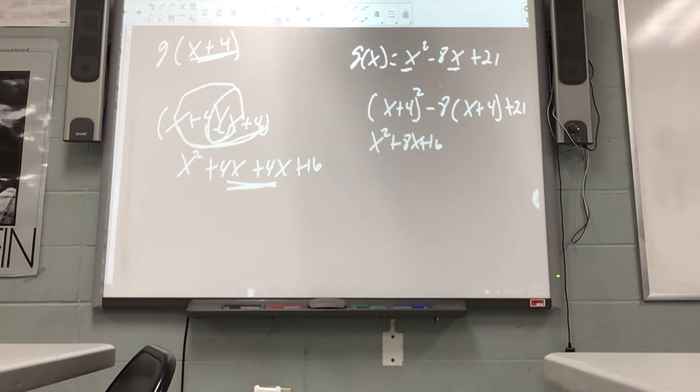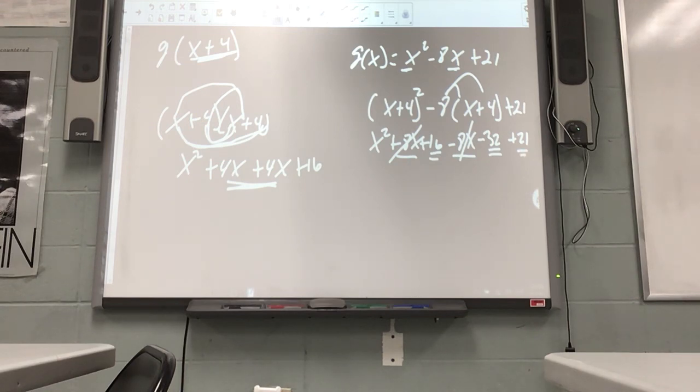Alright, catching up now with Riley, now we're to this next piece, so we're going to distribute a negative 8 to both of those. Minus 8x minus 32, and then bring down the plus 21. So like terms to combine now. I've got an 8x and a negative 8x, that's nothing. And then I've got a 16 and a negative 32, which is negative 16, right? And then negative 16 plus 21,